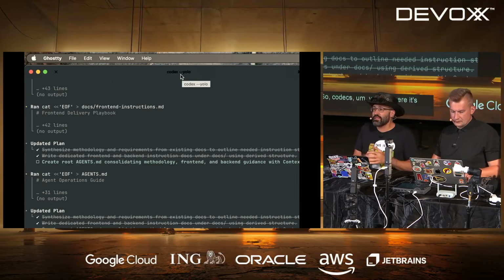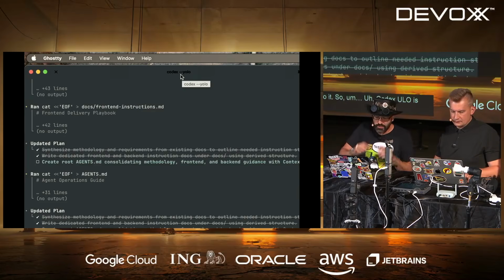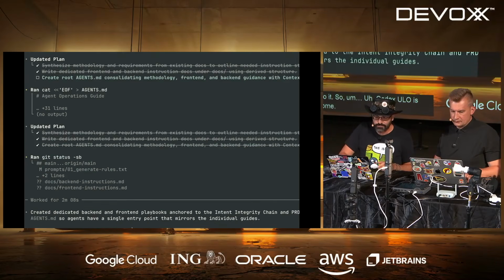But here we go. This is the command that I run, codex. Obviously, it's Codex YOLO. You only live once, which means do everything, approve everything, don't bother me with stupid questions. If I really meant rm -rf or not, just go ahead and do it. So Codex YOLO is great for our example. Don't try that at home.